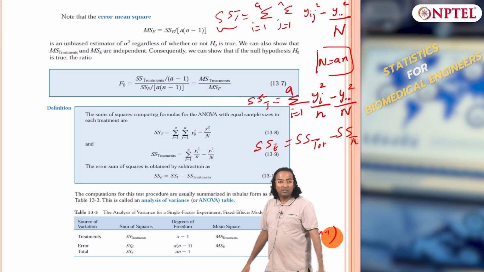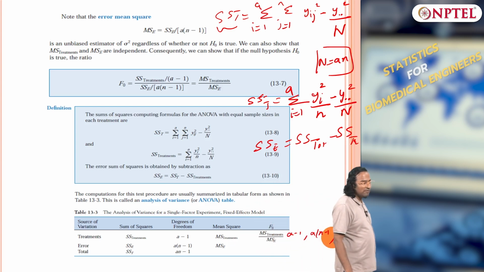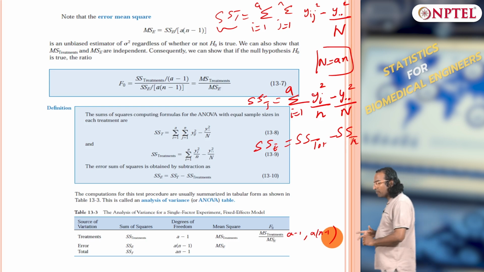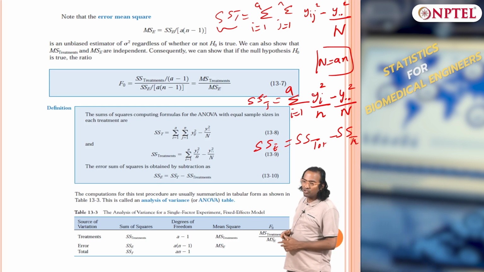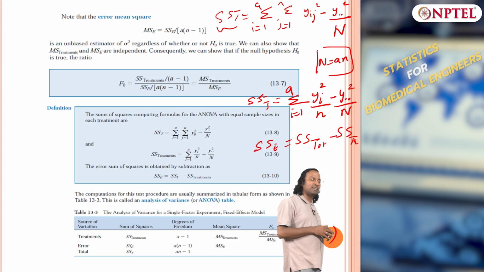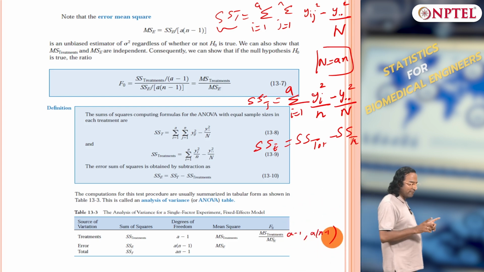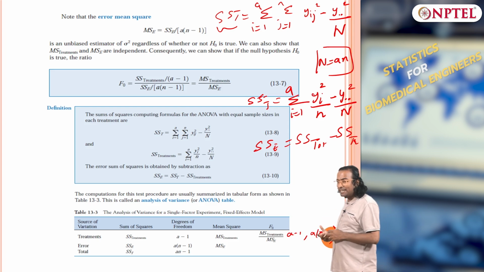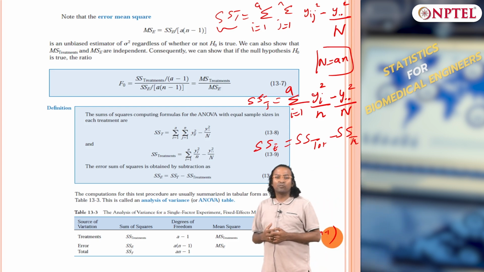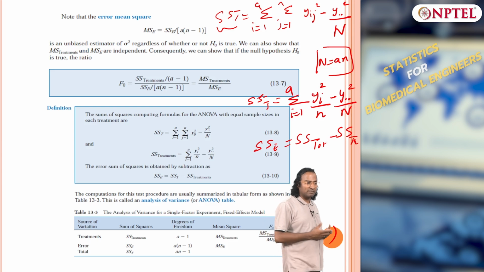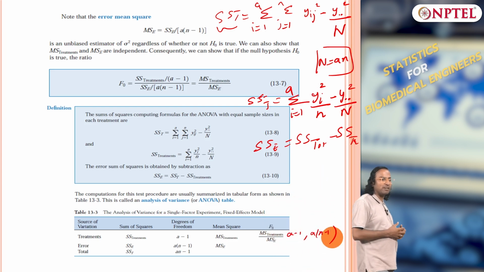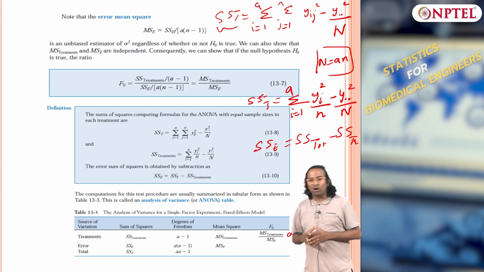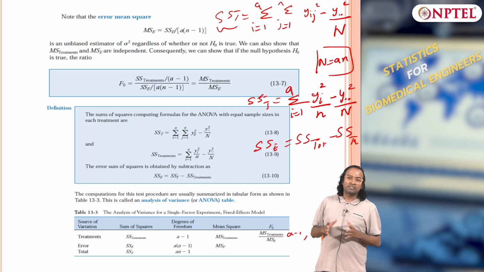Good morning everyone. So in the last class we talked about the fixed effects model. We actually derived it: we took the null hypothesis as the means are equal and equal to 0, and the alternate hypothesis as at least one is not equal to 0. It is a fixed effects model, so the summation of tau i equals 0, and we derived the expected value of sum square treatment, and we showed the expected value of sum square error as well, and the overall sum square total is divided into two components, sum square treatment plus sum square error, right.